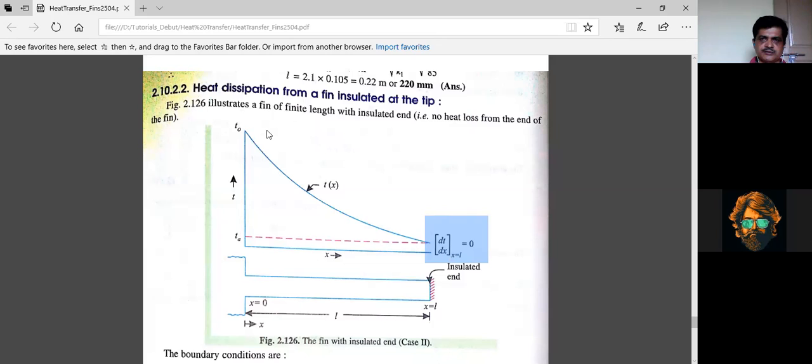ಅದನ್ನ ಕಂಟಿನ್ಯೂ ಮಾಡ್ಕೊಂಡು again find what is, say this is very important equation. ಯಾವುದು? This one is very important. That is theta is equal to c1 e raised to mx plus c2 e raised to minus mx, or single derivation. And using these two boundary conditions, one boundary condition and another boundary condition, we have to find what is the value of c1 and c2. ಆ c1 c2 ಕಂಡುಹಿಡಿಯಬೇಕಾದ್ರೆ ಒಂದು x is equal to 0, theta is equal to theta naught ಹಾಕಿದಾಗ x is equal to 0,